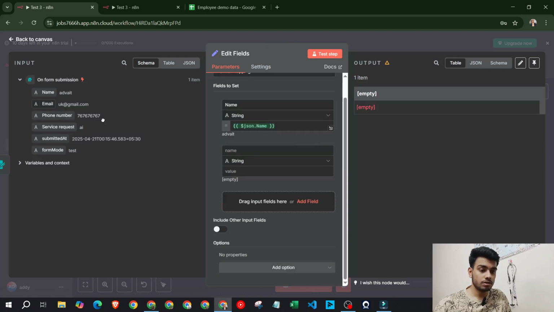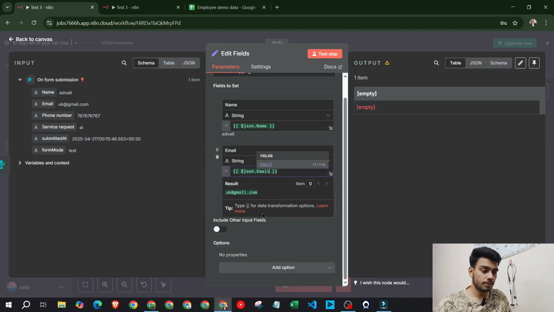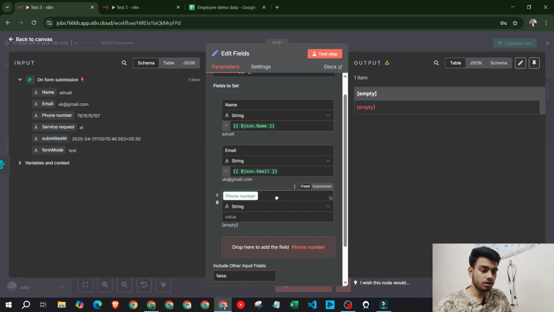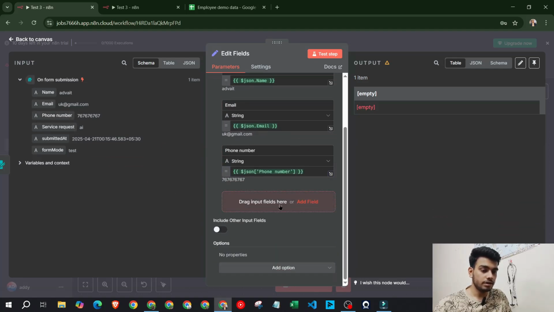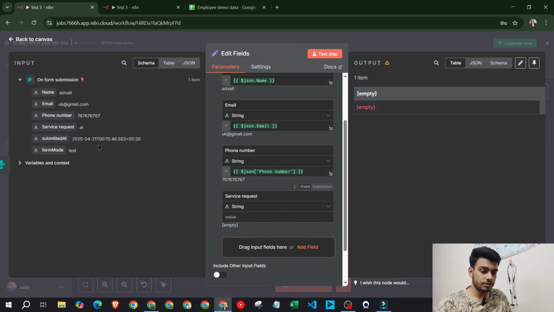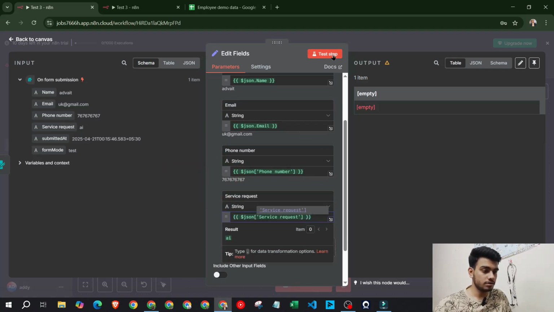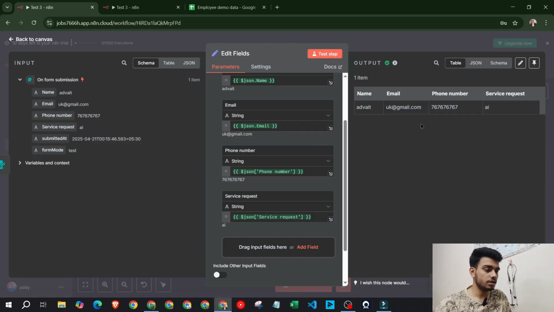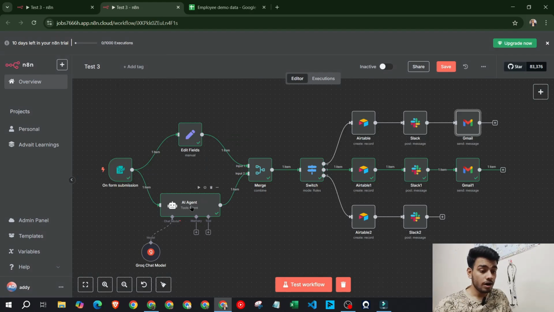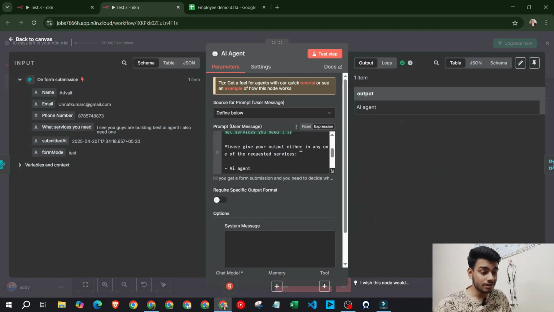Create a new one. We need email, we need the phone number, and we need the service request. Okay, that's it. Let me just test this step. Now you can see here we get name, email, phone number, and requested services. That's it. Now I will attach an AI agent in order to segregate the AI agent, AI automation, and website development